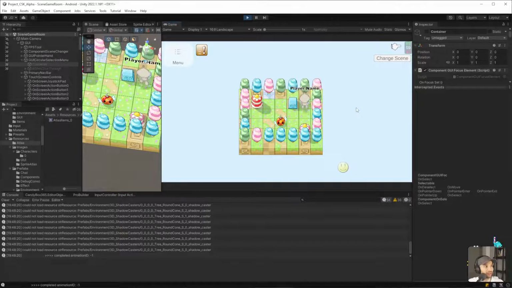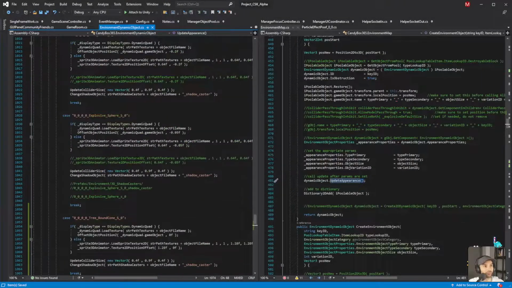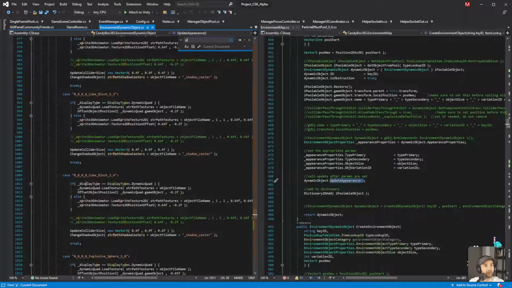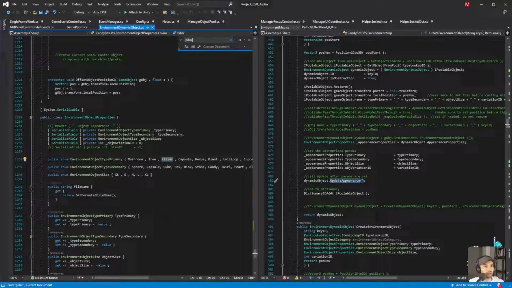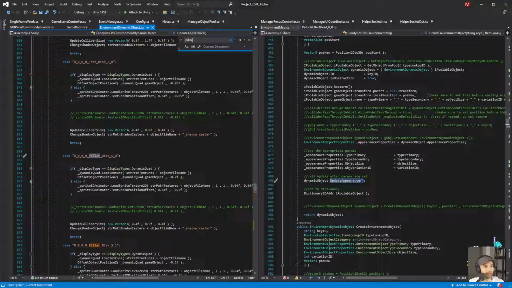Actually, I could fake that shadow. Let's fake that shadow. What I'm going to do is grab from pillar. Pillar candy. Is it pillar or is it indestructible? I think it's pillar disc.